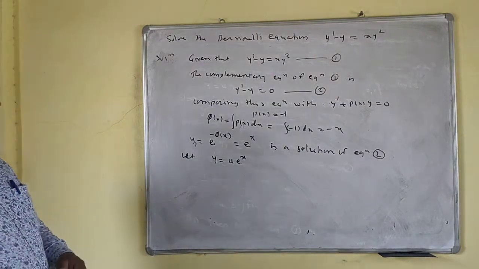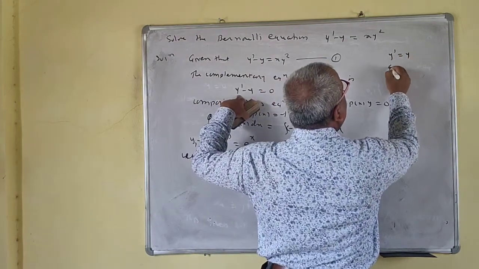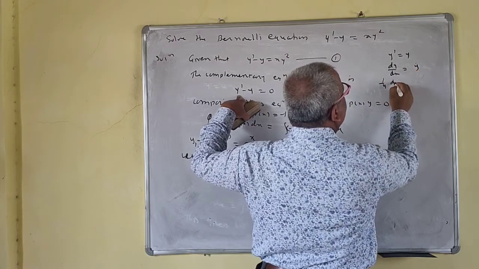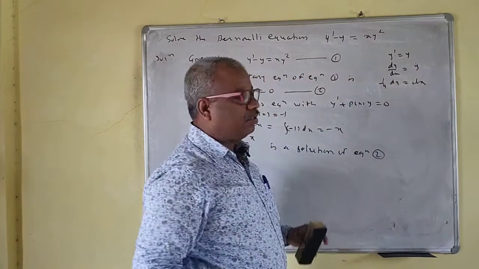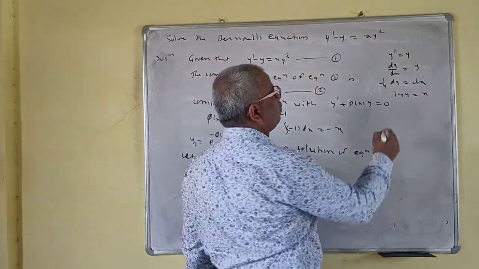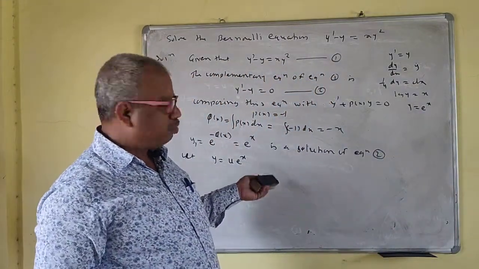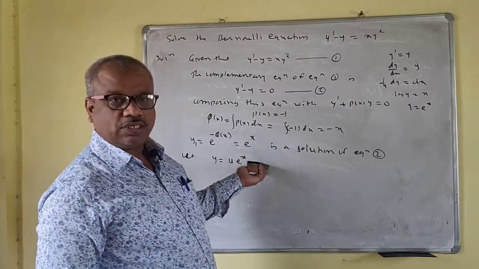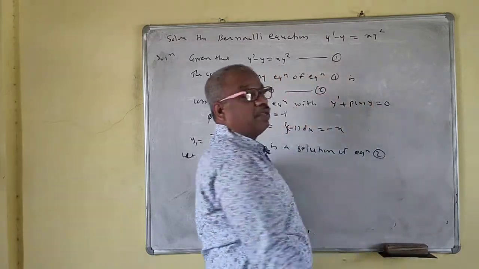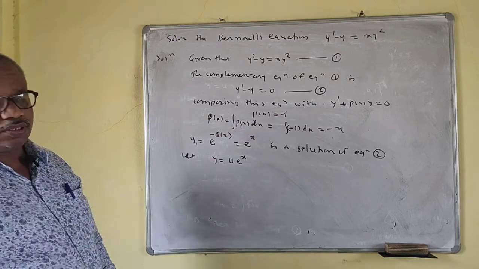So here also you can do this. You see, y prime is equal to y now. So dy by dx is equal to y. Okay, so we'll write 1 by y dy is equal to dx. So log y is equal to x now. So y is equal to e raised to x. In this way also you can obtain the solution. No need to use this also. Directly by variable separable form, if it is possible, you can find a solution of that equation also.